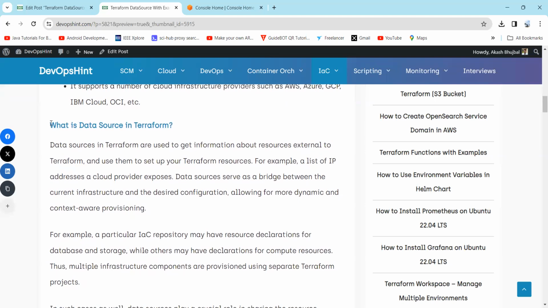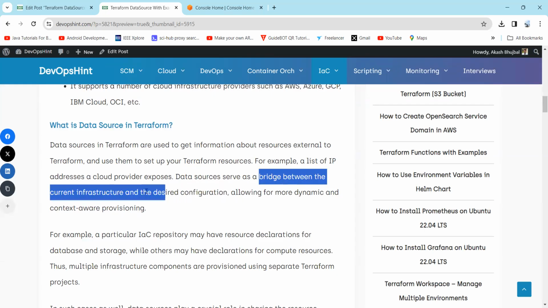Now let's move on to the next topic, which is data source in Terraform. So data sources in Terraform are used to get information about resources external to Terraform, and we use them to set up our Terraform resources. So let's take an example: a list of IP addresses a cloud provider exposes. So data source serves as a bridge between the current infrastructure and the desired config, allowing for more dynamic and